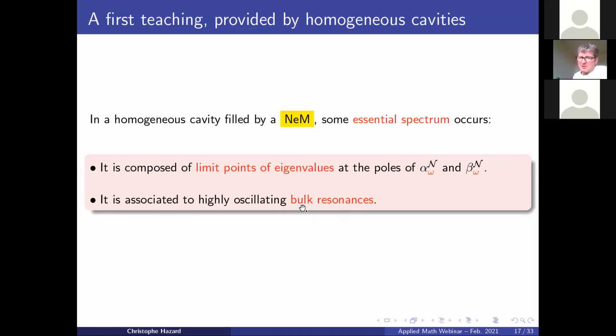These are bulk resonances, as I said before, because these are simply the bulk resonances of a homogeneous cavity filled by a positive material. Of course, this corresponds to high oscillation because they correspond to the case of high frequencies in the case of positive material. But now for negative material, I see these highly oscillating resonances for omega close to a finite frequency. Okay, that's all I will say about